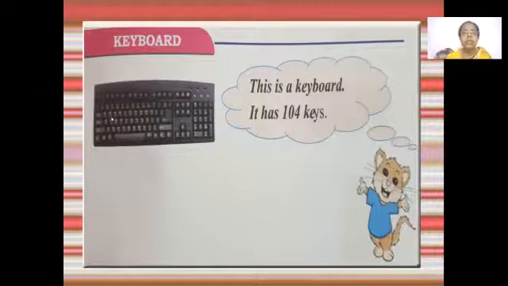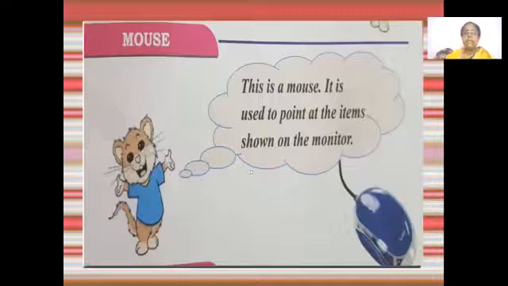So the keyboard is used for typing. And on the keyboard you have alphabets, that is A, B, C, D until Z. And you have numbers, that is 1, 2, 3, 4, 5. You have some function keys also. So totally we have 104 keys. We have even a Windows key. If you click on this, your computer will open. You know it. So 104 keys. How many keys are there on the keyboard? 104 keys.